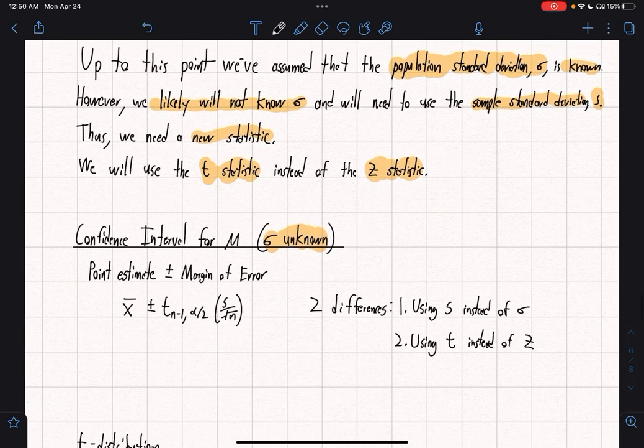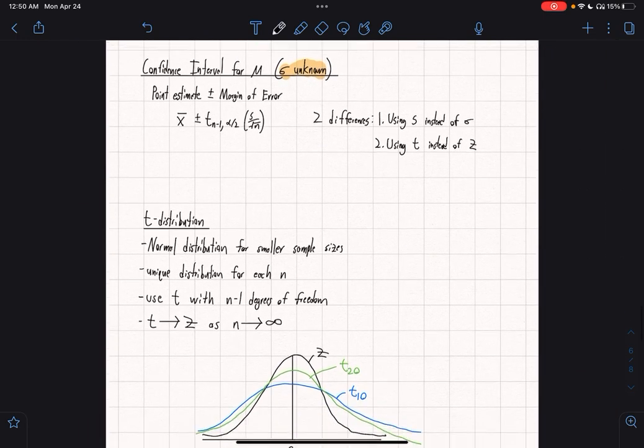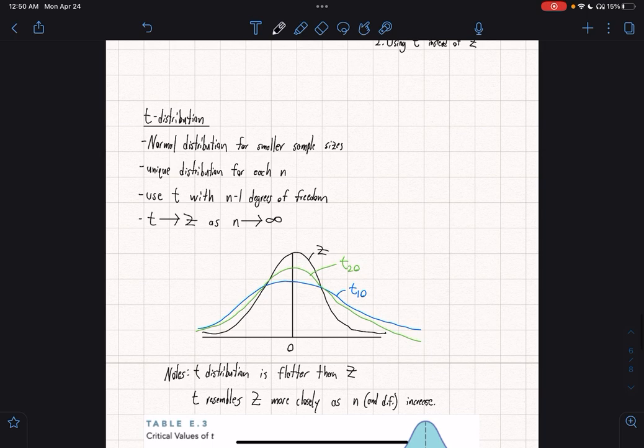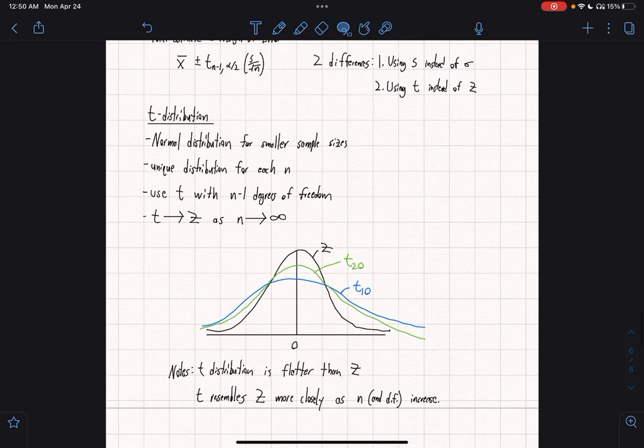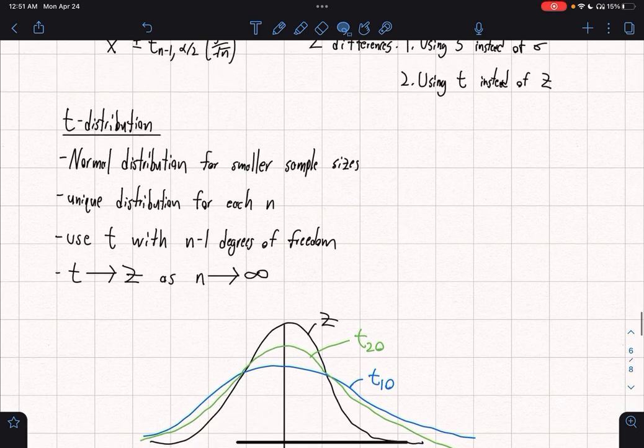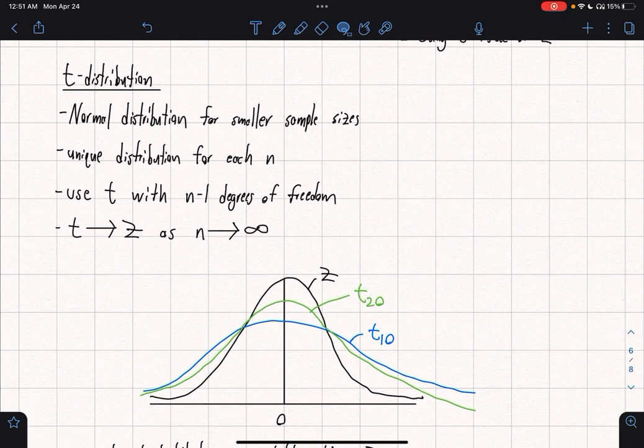Okay, so we now need to talk about the t-distribution. My drawings are never very pretty, as you are well aware of at this point. But essentially the t-distribution is the normal distribution, but for smaller sample sizes. And in fact, we're going to have a unique distribution for each n. So we're going to take our sample size and subtract 1. So we're going to say n minus 1 degrees of freedom,